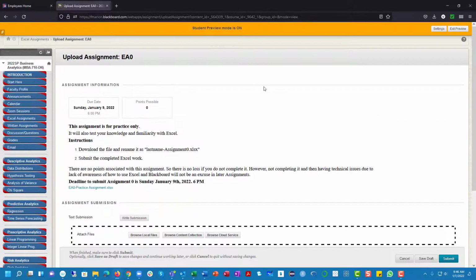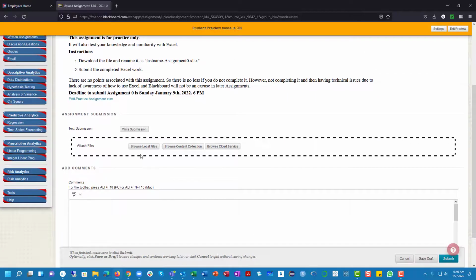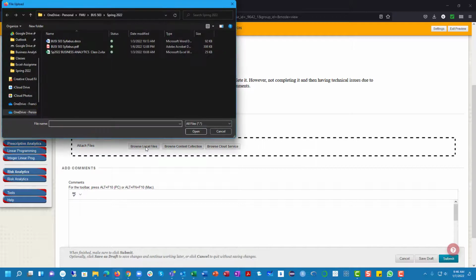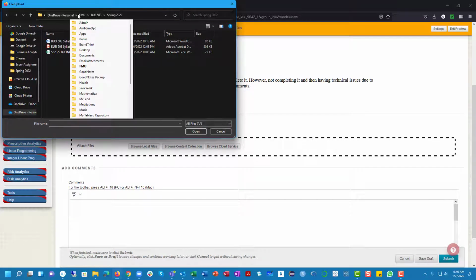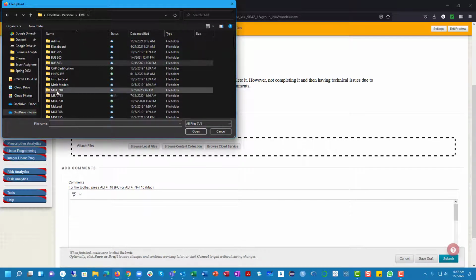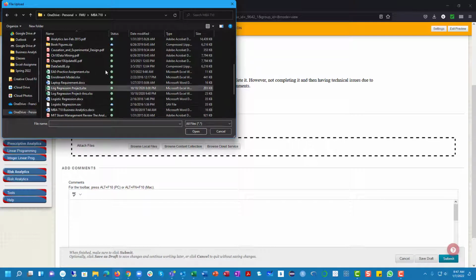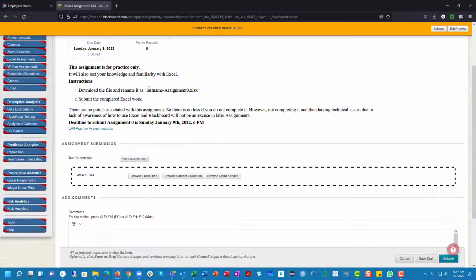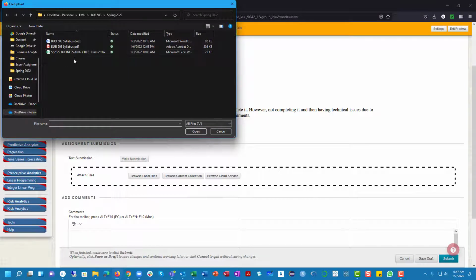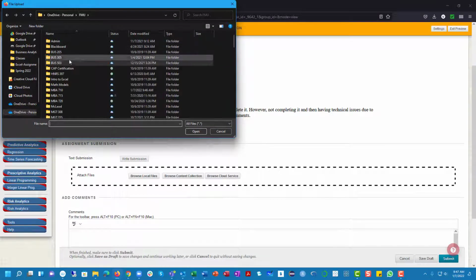click here and you see this. So you can then browse your local file and then go ahead and select the file you worked on. Remember to rename the file, right? Last name dash. So you basically use last name assignment 0. You browse it, you select that particular file wherever you've saved it,